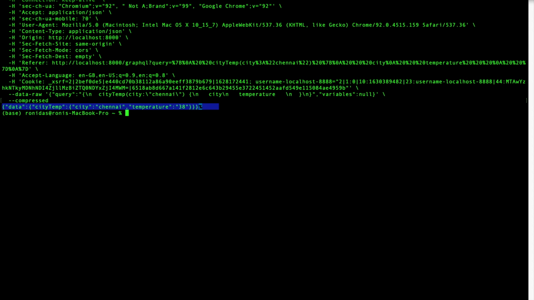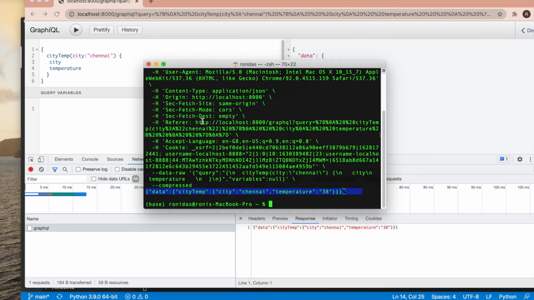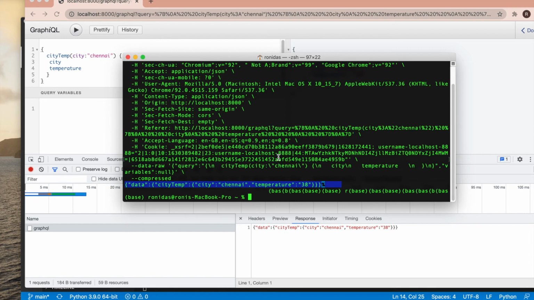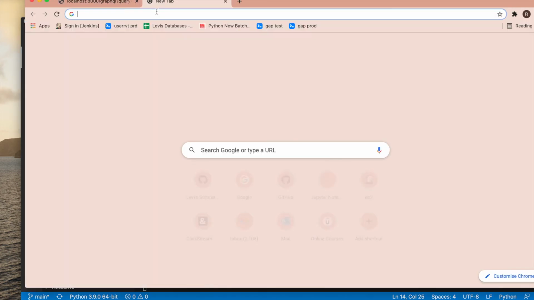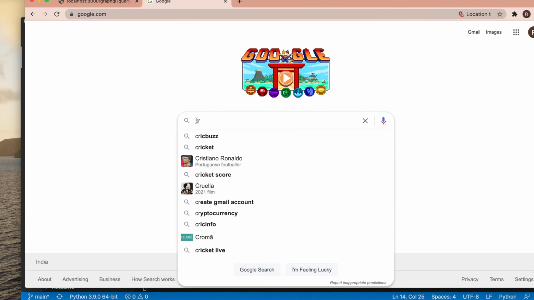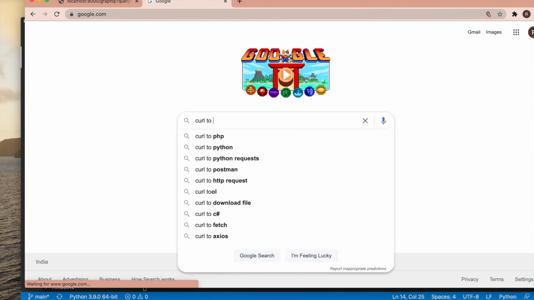Now my question is how to call this API from Python code. That will be very easy. Let's do it. The very easy way of doing this is to go to Google and search curl to Python.